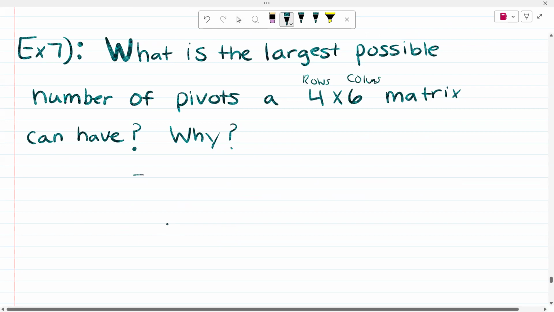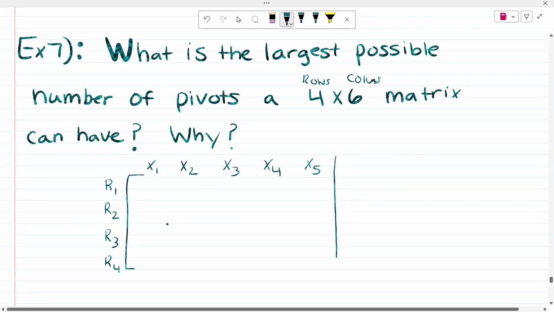Here's row 1, row 2, row 3, and row 4, right? And then this column is x1, x2, x3, x4, x5, and then the vertical line would be your x6 column,